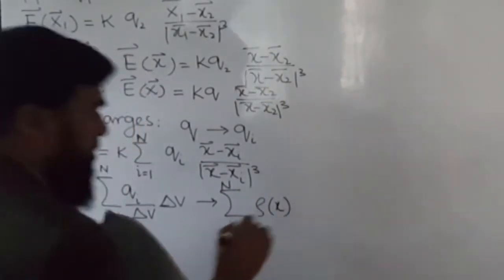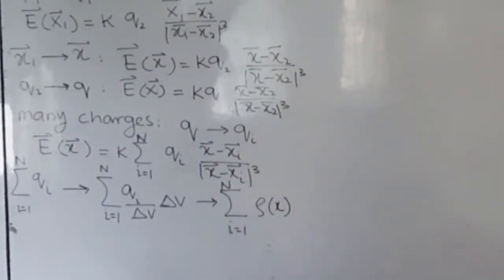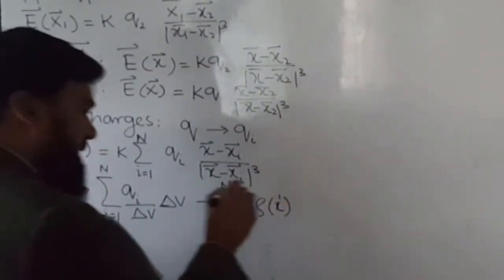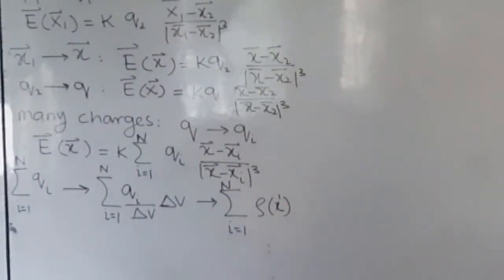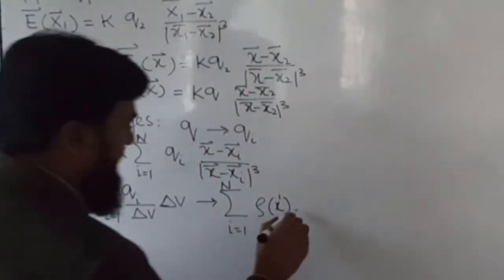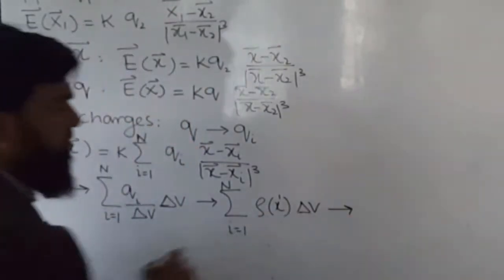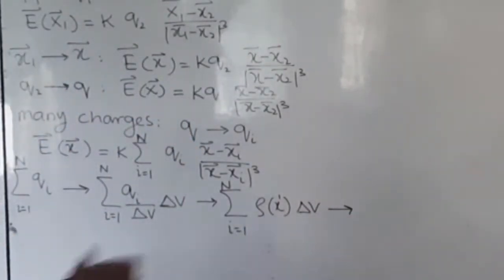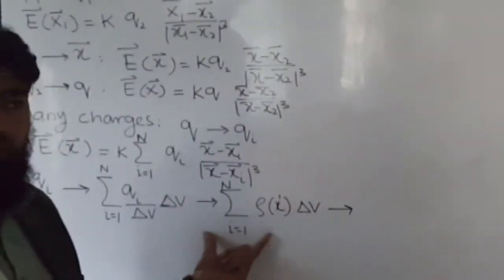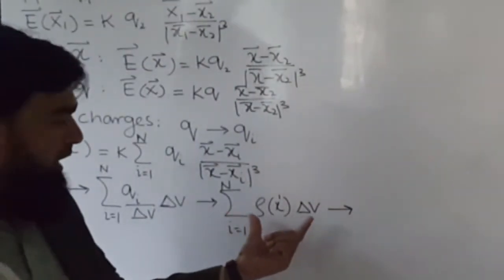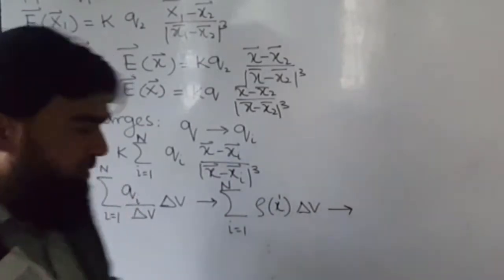I say rho of x, and let's say this is at x prime, the location, and I will write del v. So now if the charges are no more discrete, but just a continuous distribution,